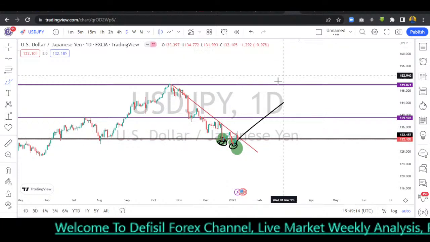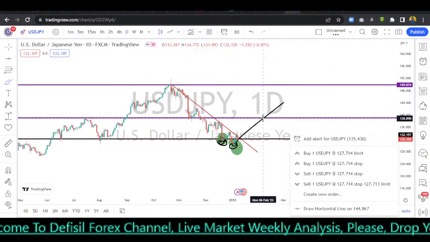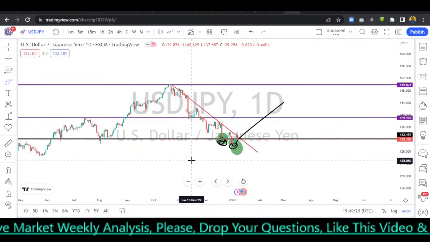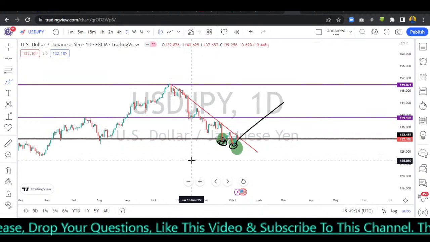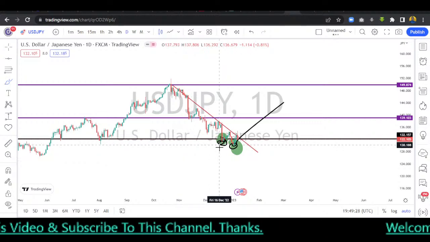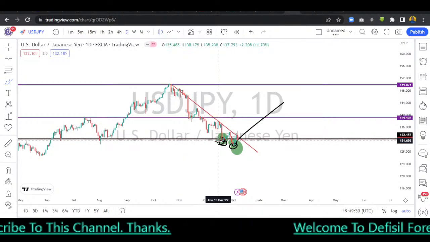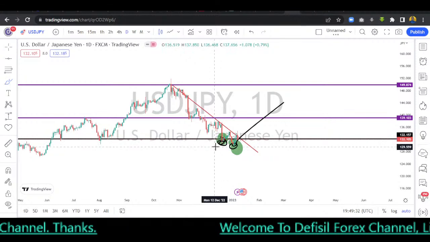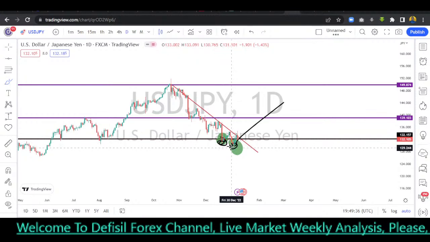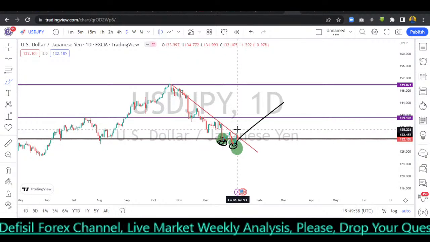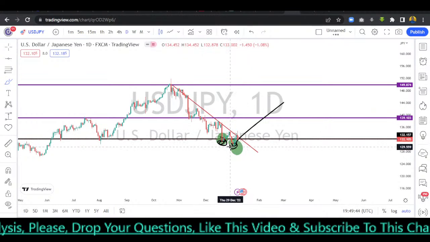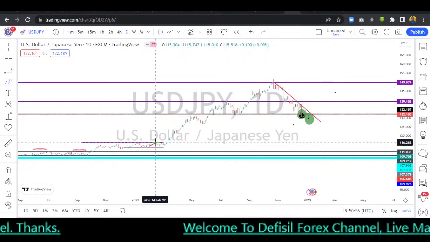You saw my network was just misbehaving, so the line was duplicating. I knew it was actually the network, but I didn't take note on time. So you can see that it attempted it at this point. It broke, but it failed. Here, the same thing, it broke and it failed, went up again. So what we should be expecting now, should this next candle in my